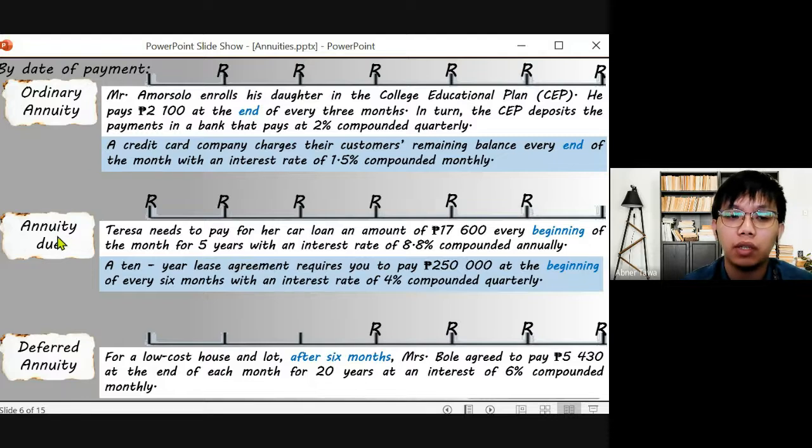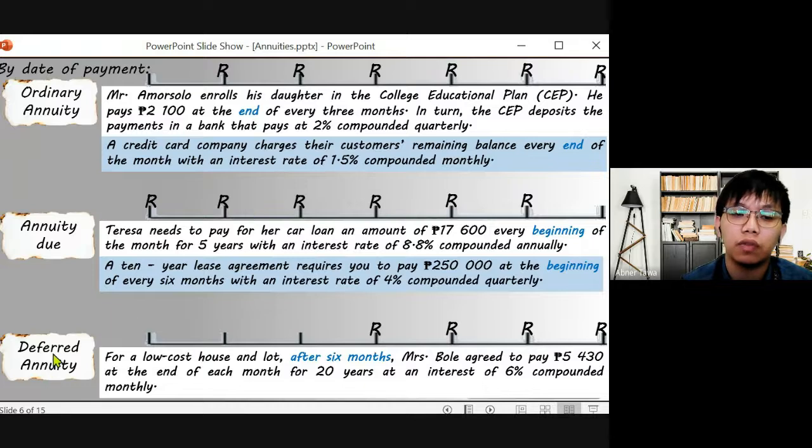And that is the opposite of annuity due. Kasi pag sa annuity due naman, the payment is done at the beginning of the payment interval. So pag every month, therefore every first day of the month, doon ginagawa yung payment. Kaya kung yung agreement is 1 year and the agreement starts at January, therefore January 1, doon mismo gagawin yung first payment. Compare dito sa ordinary annuity, January 31 gagawin yung first payment.